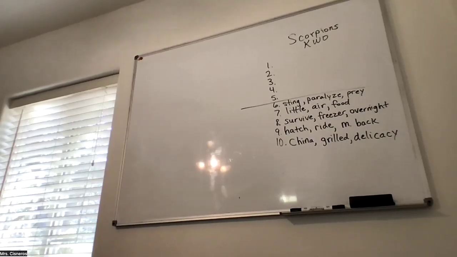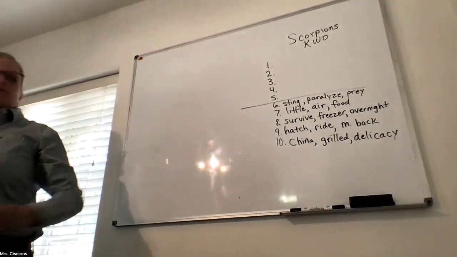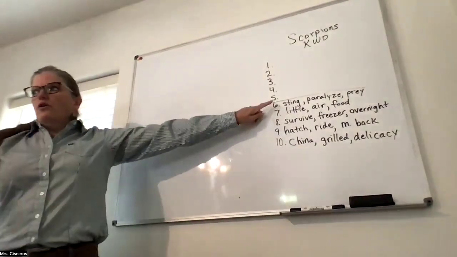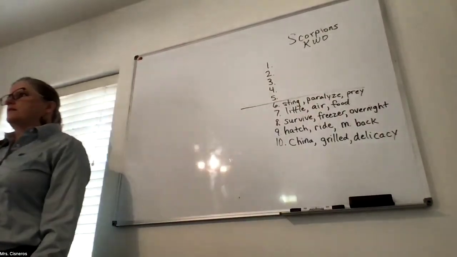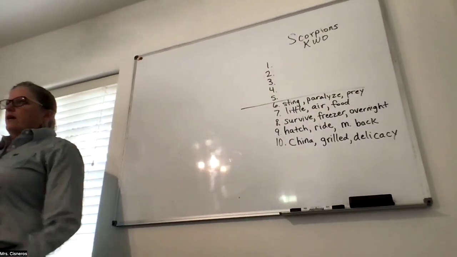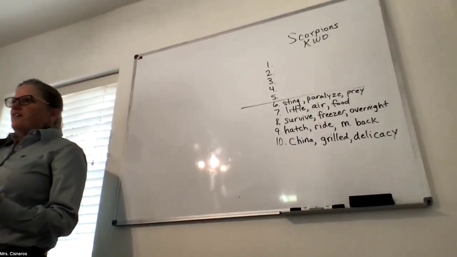So right here, all are venomous, but 30 can kill you. You need a period after you. And then this next sentence for number 6, you're going to start right there. Does that make sense? So who can tell me what is a good sentence in your own words using sting, paralyze, and prey? Who has a sentence for that? Not pray to God, but prey as an opposite of predator. Let me hear Camden.